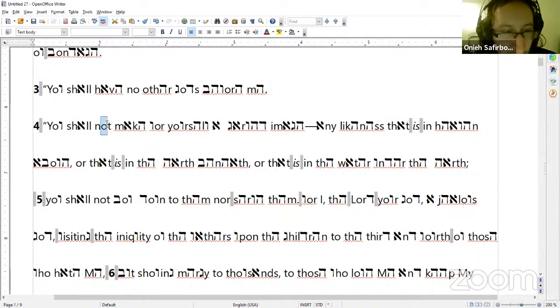You shall not make for yourself a carved image, any likeness that is in heaven above, or that is in the earth beneath, or that is in the water under the earth. You shall not